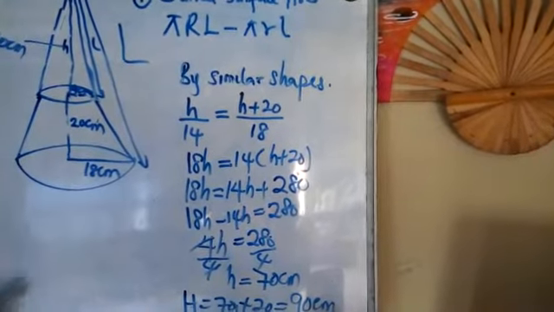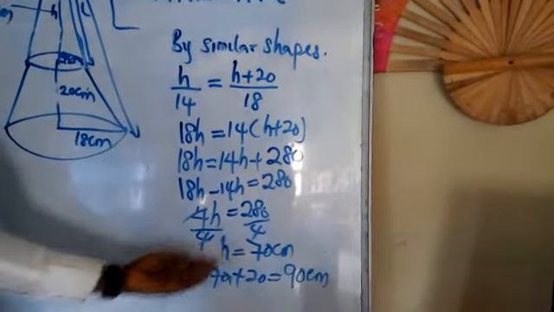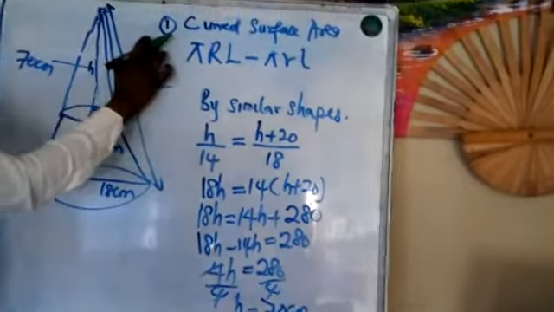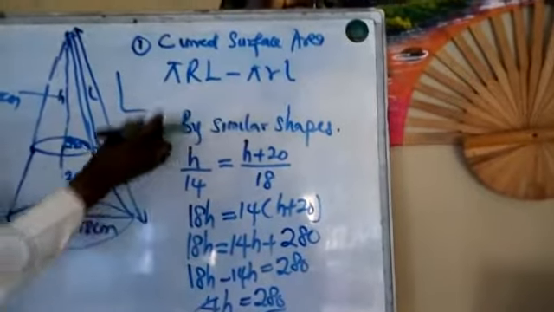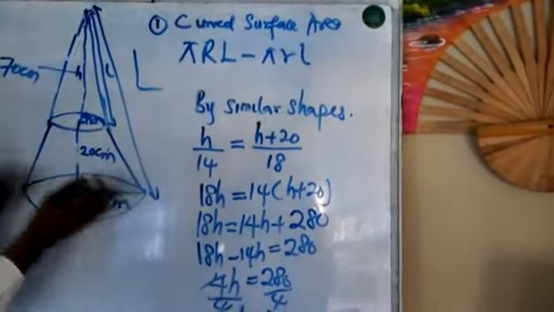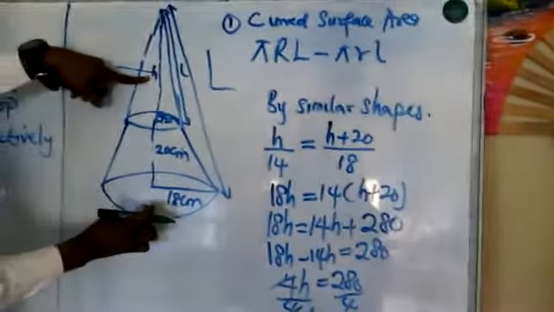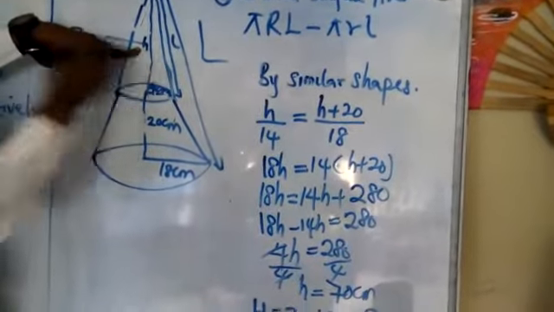Are you following now? So now that we have determined the value of the small h and the big H, don't forget, what we are asked to look for in question 1 is the curved surface area of the frustum of a cone, and one of the parameters there is big L and small l. So now that we have the value of small h and big H, we can adopt the Pythagoras theorem, because this has led us to a right angle triangle.